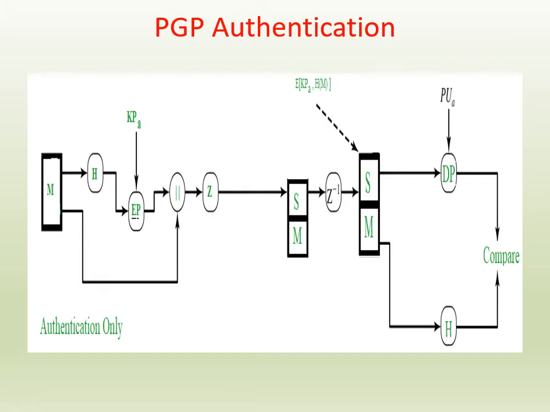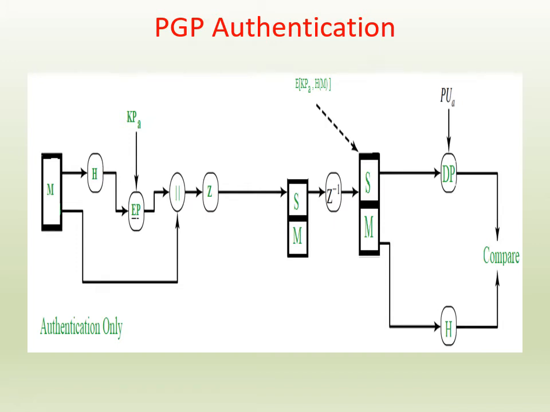Hash function H calculates the hash value of the message for hashing purpose. SHA-1 is used and it produces a 160-bit output hash value. Then, using the sender's private key, it is encrypted, which is known as a digital signature. The message is then appended to the signature. All the process up to now is sometimes described as signing the message. Then the message is compressed to reduce the transmission overhead and is sent over to the receiver.